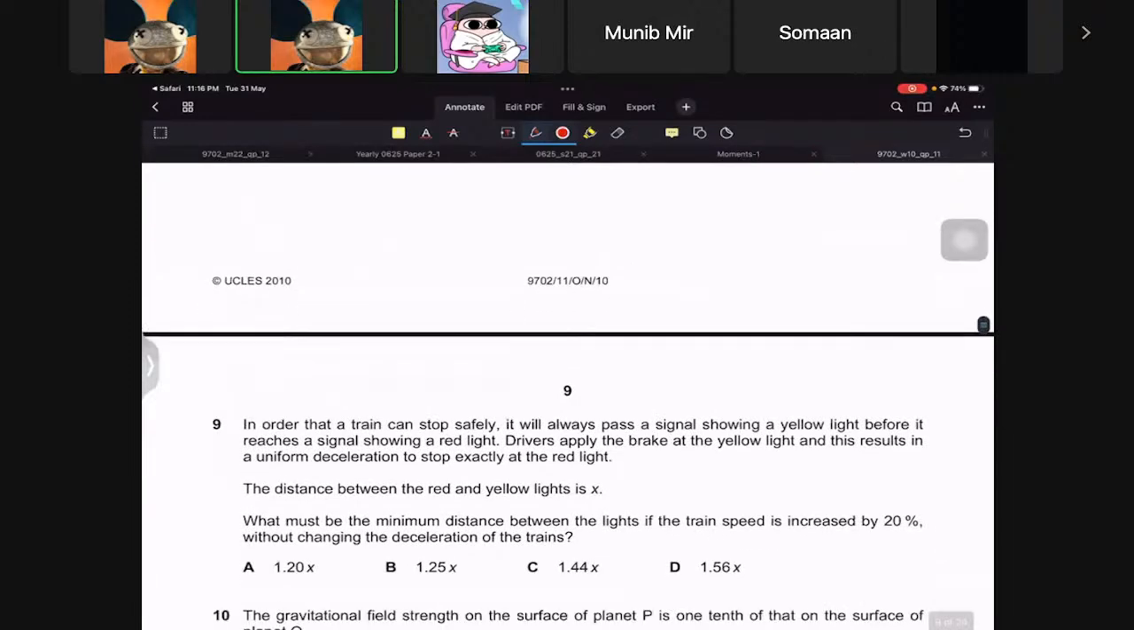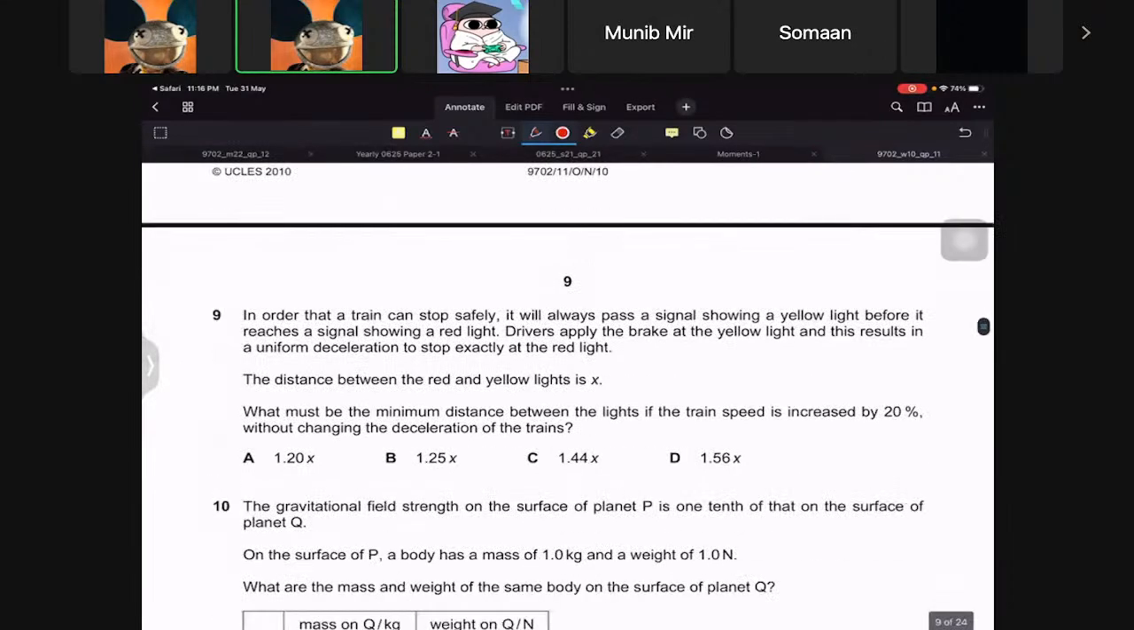in order that a train can stop safely, it will always pass a signal showing a yellow light. Okay, so there is a yellow light, and then it reaches a signal showing red light. Drivers apply brake at yellow light, resulting in uniform deceleration, and stop exactly at red. Okay, the distance between red and yellow light is x. Okay, and then it says what must be the minimum distance between lights if the train speed is increased by